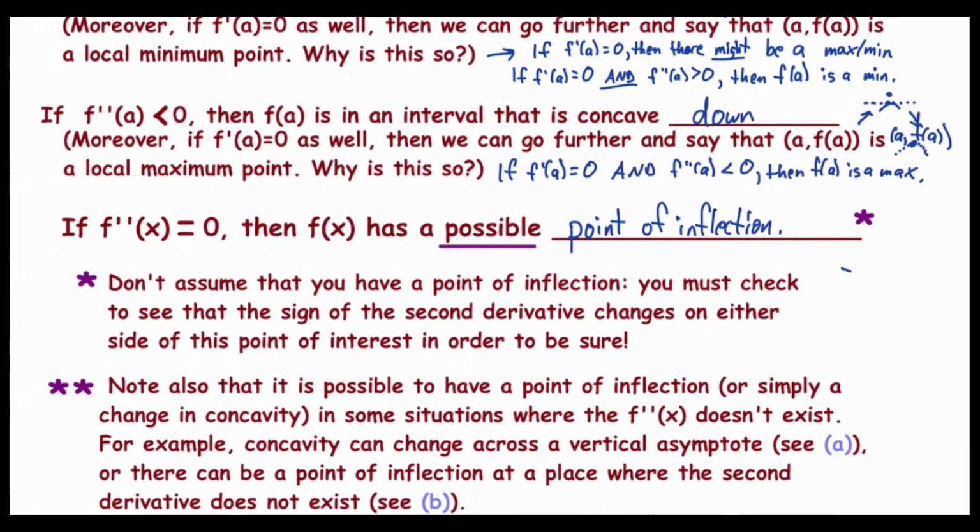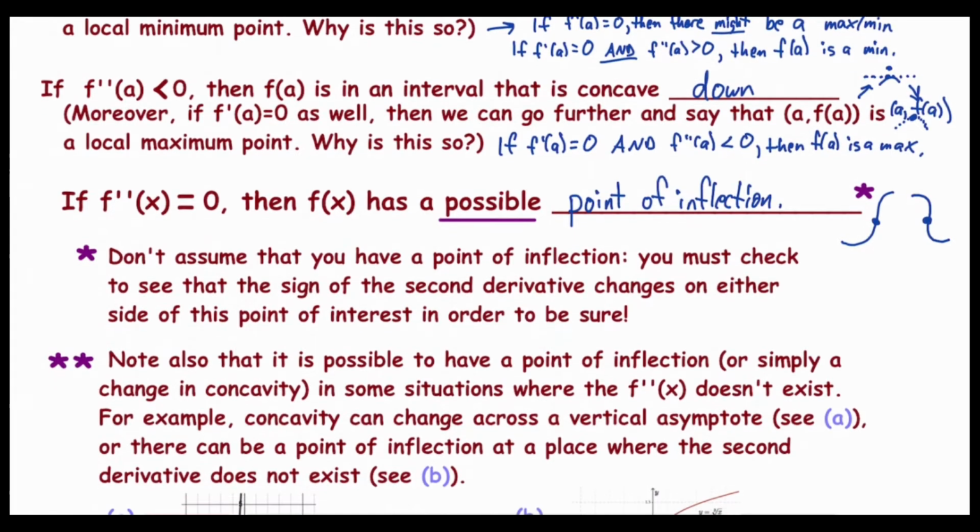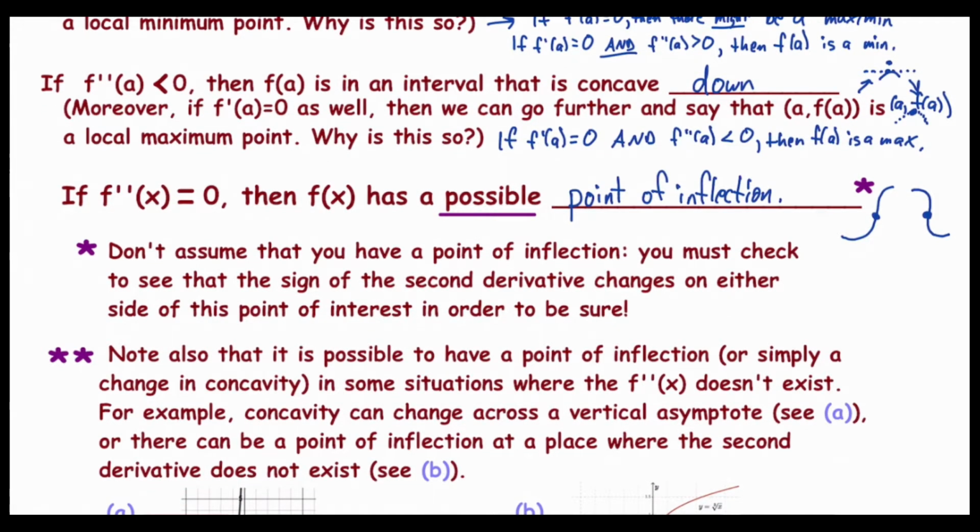So maybe concave down to concave up, or concave up to concave down to concave up, where the concavity changes. A couple of notes though, let's read through this carefully. Don't assume that you have a point of inflection. You must check to see that the sign of the second derivative changes on either side of this point of